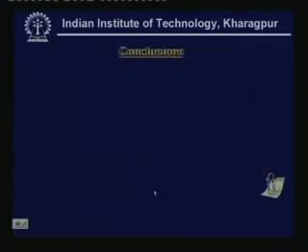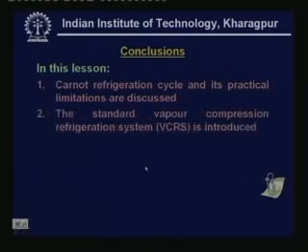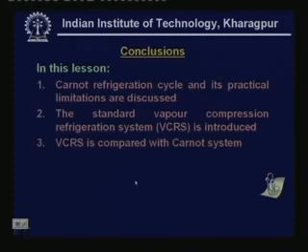Okay, so let me conclude this lesson. What have we learned in this lecture? In this lesson, the Carnot refrigeration cycle and its practical limitations are discussed. The standard vapor compression refrigeration system is introduced and its working principle is explained, and we have compared the vapor compression refrigeration system with the Carnot system, and we have seen what the deviations are and what the consequences of